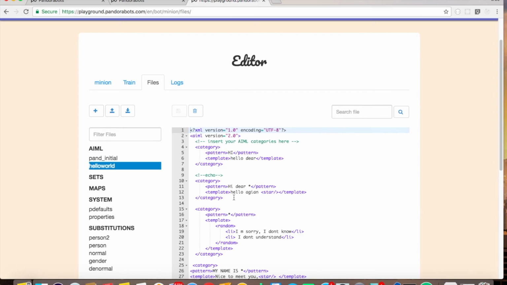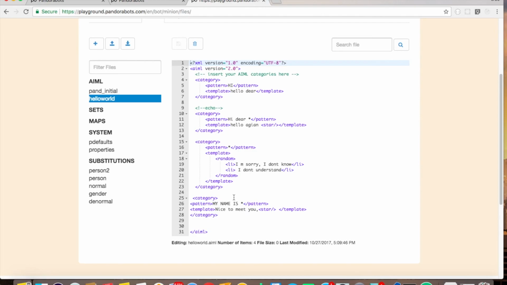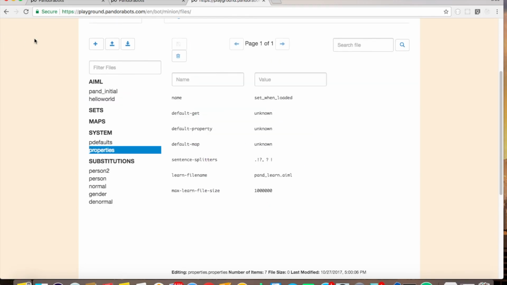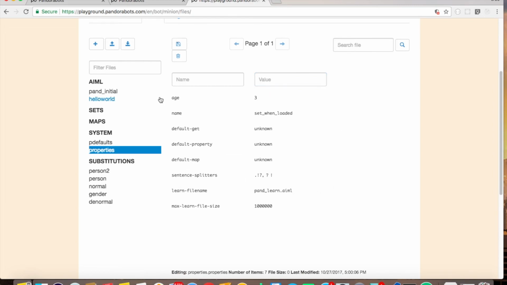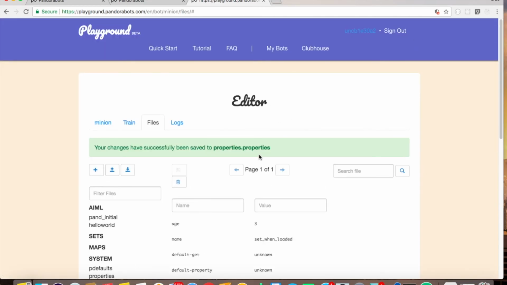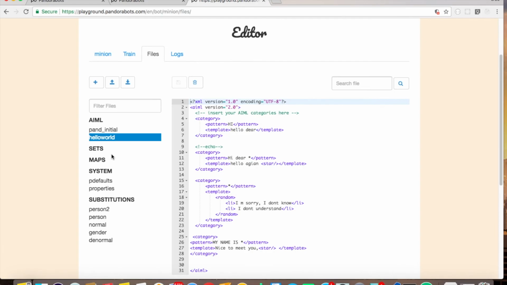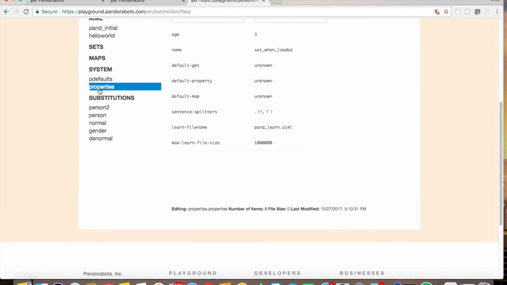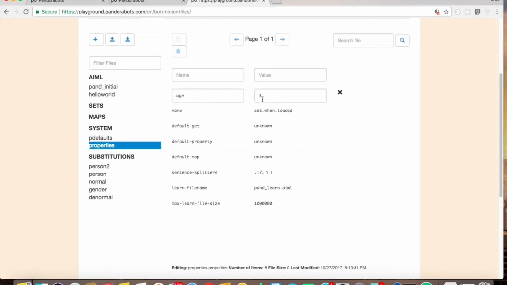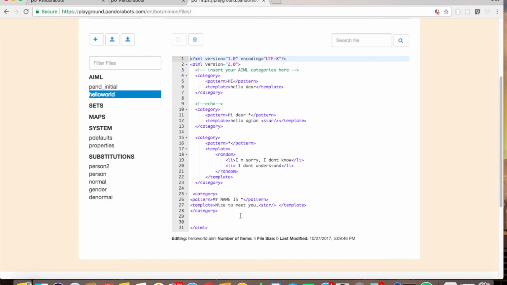Okay, now we're going to learn something called the property. Now, what is a property? A property is something that is defined globally. For example, I can go inside my properties and define the age of my minions. I can give here age and give the value. He's so small, right? So I can give here age 3, and that gets defined. So I can see here that age is 3. So whenever I want, I can get the age. So let's go inside the hello world and let's see if it is defined properly. Yeah, I have my age 3, and let's go to the hello world and let's try to get one.